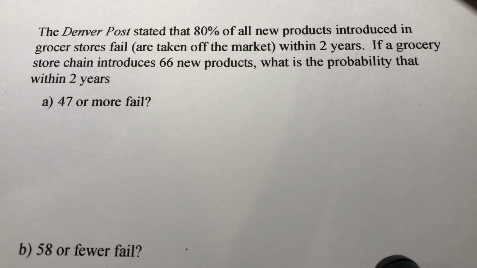Okay, so I'm going to do some clarification about the binomial approximation to the normal curve. We're going to do this example here so you can see exactly how this problem works. The Denver Post stated that 80% of all new products introduced in grocery stores fail or are taken off the market within 2 years. If a grocery store chain introduces 66 new products, what is the probability that within 2 years,